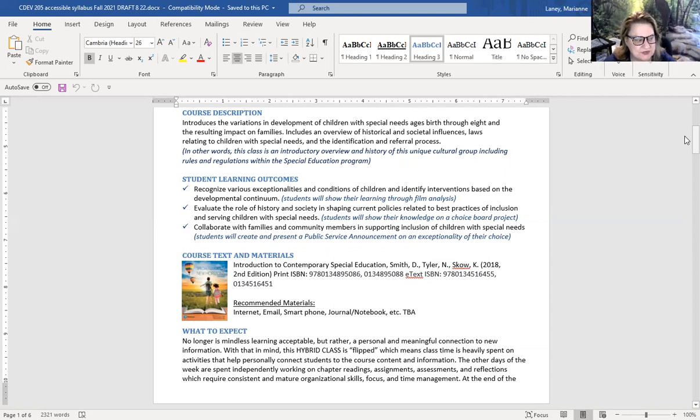So you might hear me say exceptional kids or neurodiverse kids or kids with unique abilities or kids with different needs or kids with augmented requirements. I've also heard children with special rights. So there's a lot of different terminology here. We also like the term inclusive community. And so we'll talk more about the language, but in terms of our course description, this is an intro to all of that.